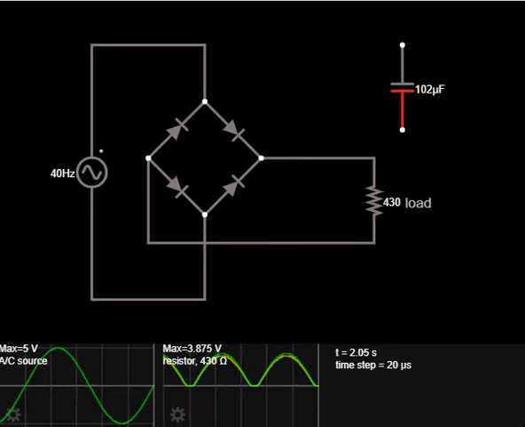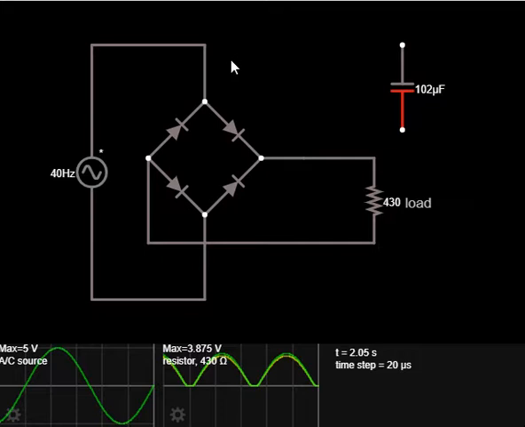And guys, in the last video we had discussed the bridge rectifier, how current flows in the bridge rectifier. Today we will see the effect of capacitor connection and disconnection at the output. So you can see here there is no filter capacitor at the output. So we will observe what the waveform at the output will be without the capacitor, and with the capacitor. So you can see here this is the AC source, this is the bridge rectifier, and this is the load.